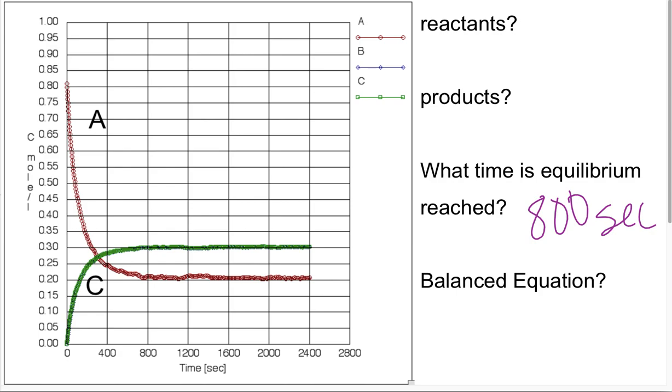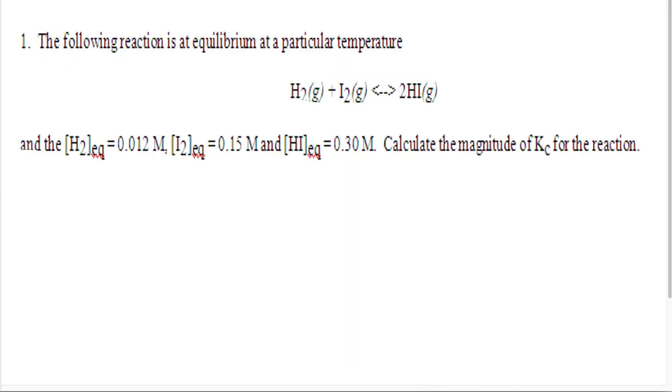Who wants to give me the equation? 2A in equilibrium with C, because A drops twice as fast as C does. Okay? All right. So one of the first problems we're going to work here is actually calculating the equilibrium constant,